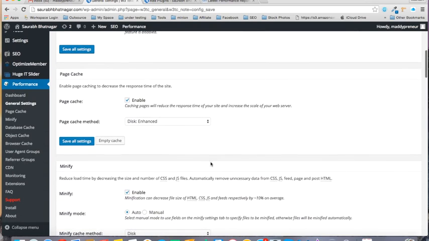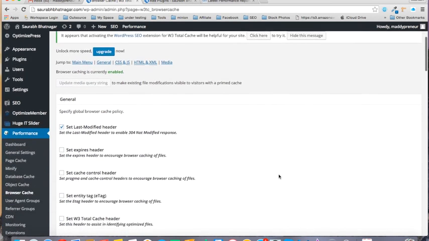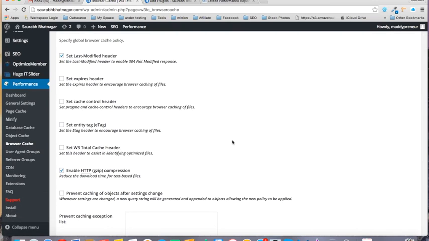The next thing you will do is go into your browser cache, and over here you will see that the first option is automatically checked, the last modified header. So let's leave it like that.